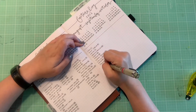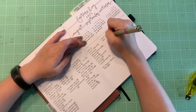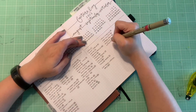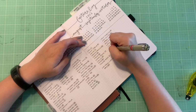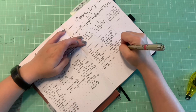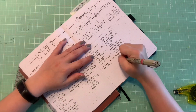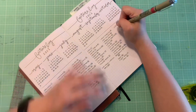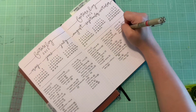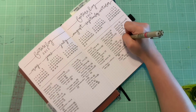And I've always been a huge fan of preaching about function over fashion, I guess, and just making sure that your planner works for you. And that's such a huge thing to me, and it's one of my biggest frustrations. And I feel like so many people that I even follow from a social media perspective this year have really come into a place of, I'm going to give it to you like it is, and I'm going to tell you the truth, and I'm going to tell you that there's planner spreads that I don't use, and there's times that I don't want to film a process because it's harder, or not harder, but it's more cumbersome